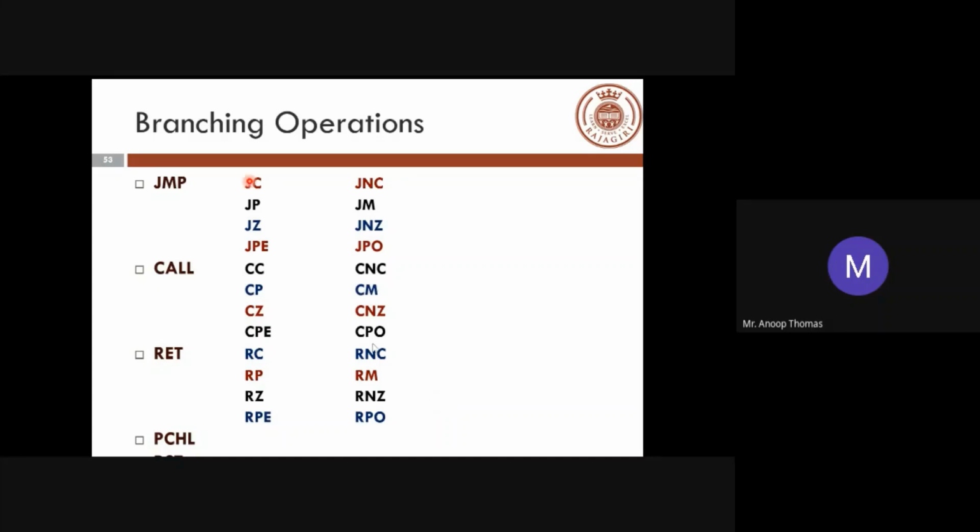So as you can see, jump is a direct jump onto a particular instruction, followed based on a condition. So it can be jump on carry, jump on no carry. Now, what are the conditions that you have? Based on a particular operation performed by the ALU, you usually have the result in the accumulator. Based on that previously executed instruction, you will have a carry or no carry. The result in the accumulator might have even parity or odd parity, and will have a zero or a non-zero value. Based on that, you will make the jump.